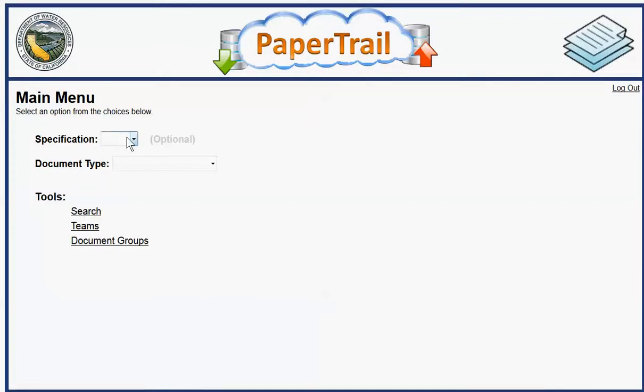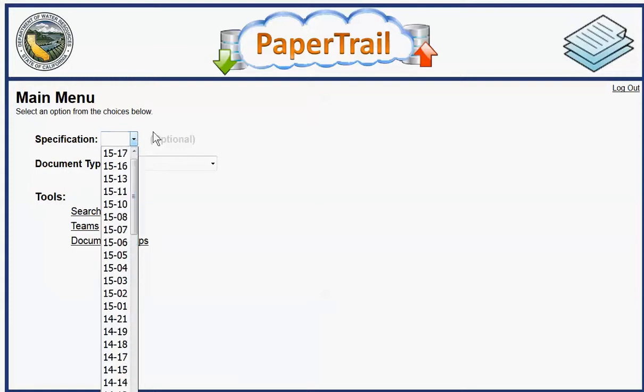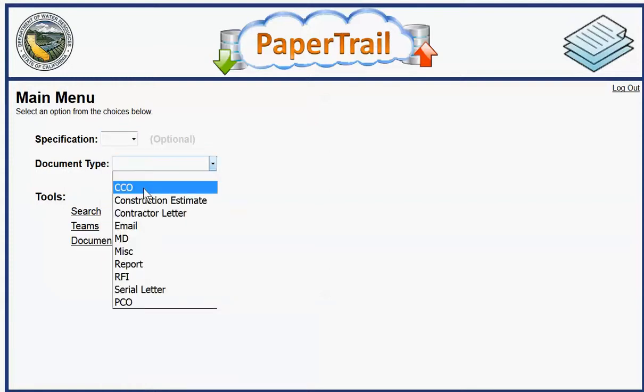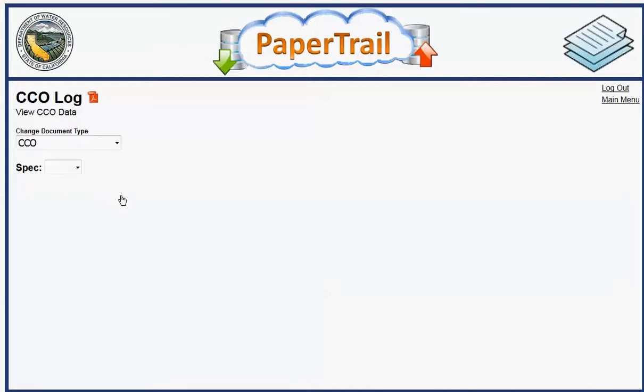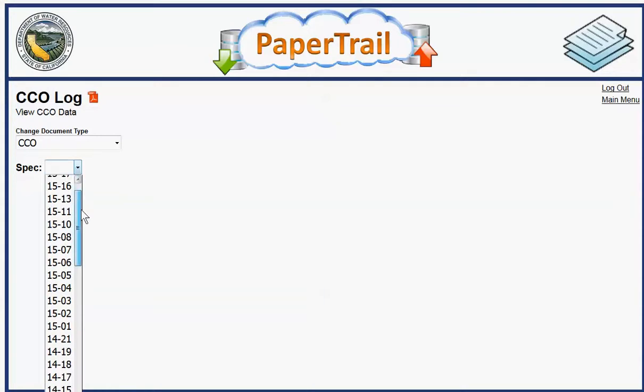We also have a specification drop-down, which is optional. But for now, let's go ahead and just select a first document type. When we do that, the document icon appears and a link to the log appears as well. Let's go ahead and click that link, and now we're forced to select the specification. So I will pick